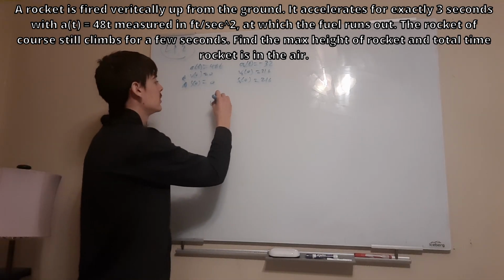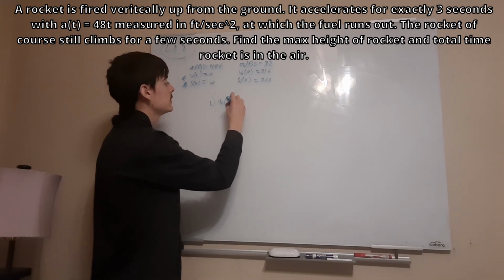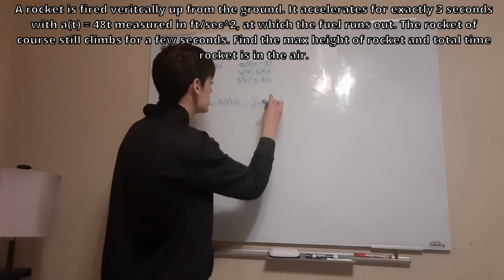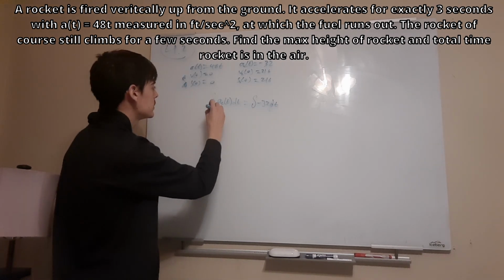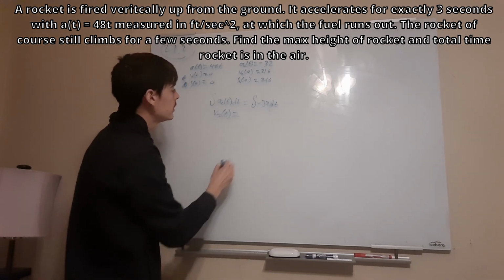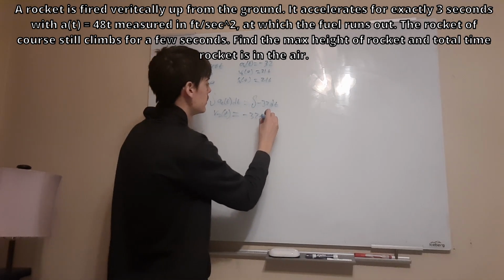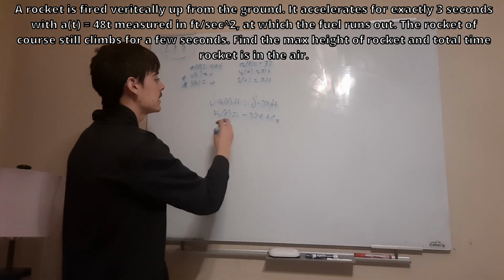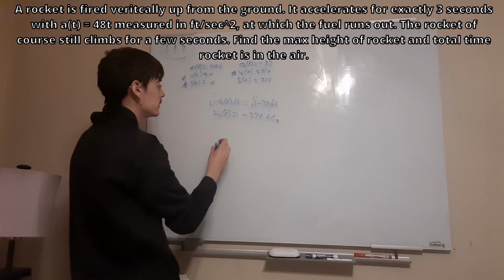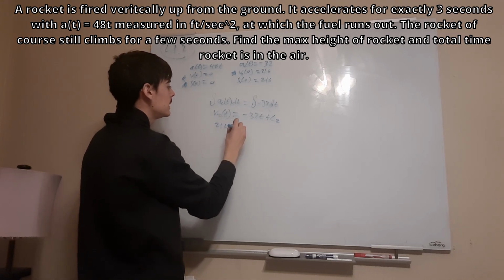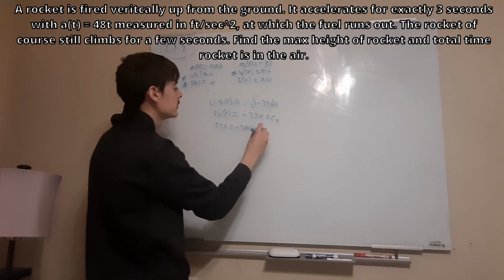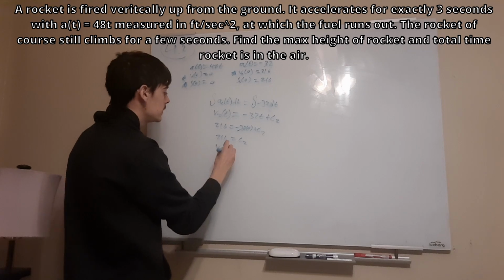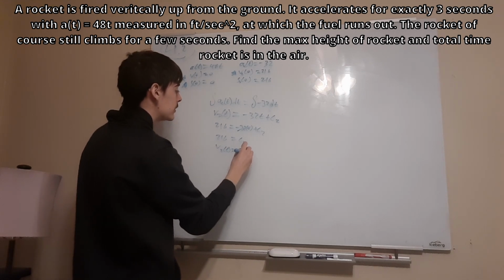So the integral of a2 of t dt will equal the integral of negative 32. This will give us v2 of t equals negative 32t plus c. We used c and c1 before, so this is a c2. If we plug in this point right here to get c2, we'll get 216 equals negative 32 times 0 plus c2. In other words, 216 equals c2, or v2 of t equals negative 32t plus